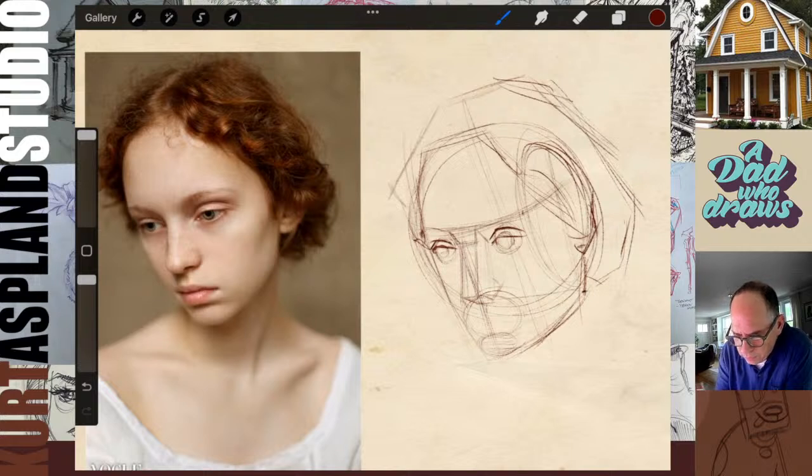So let's look at that a little bit more closely. I'm going to put it up here. So when I did the eyelid, I came around like this. All right. Then I came up straight like this.